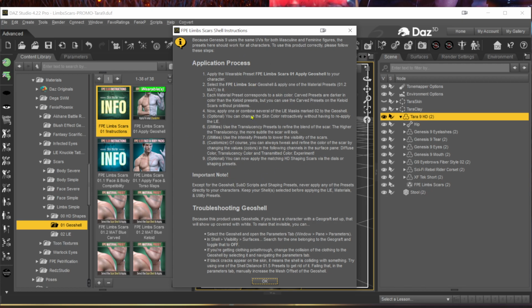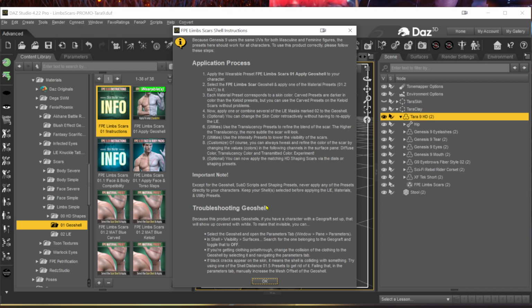Explained with a ton of detail, I know, but I'd rather over-inform than under-inform, and this is mostly for people who might want to try and understand this product so that they can tweak it to whatever they desire to better achieve their vision. It's important to understand that when using geoshells, there's an impact when you have a character